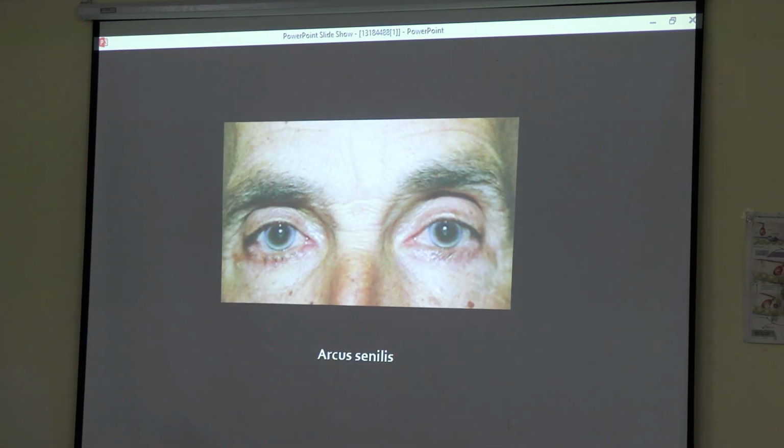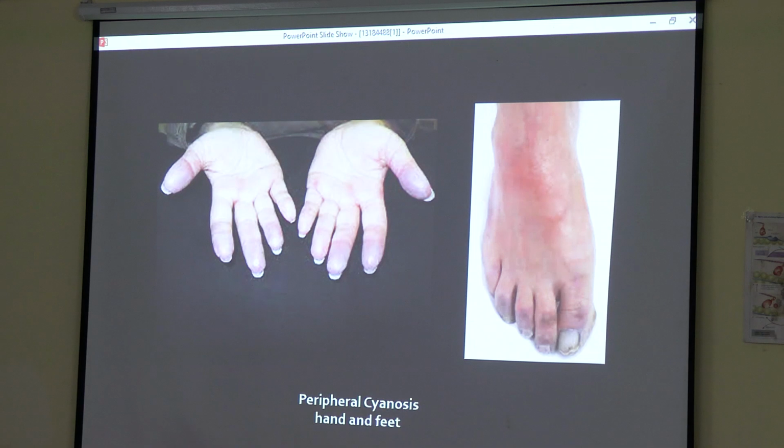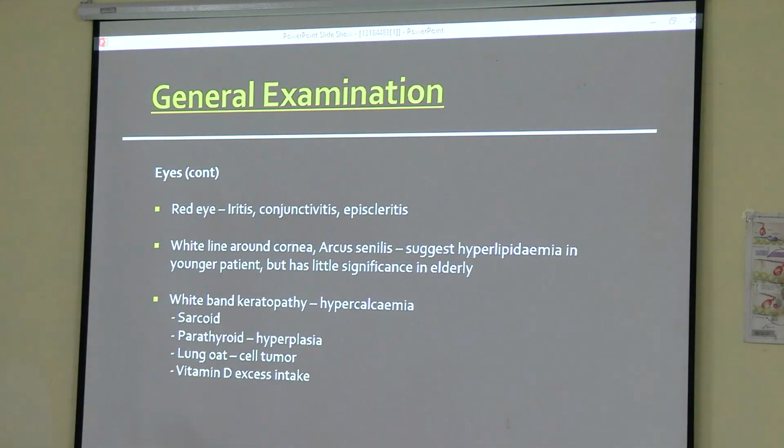And in this patient, this is known as arcus senilis. So there is a whitish ring on the cornea. So this is due to deposition of cholesterol. Okay. In hypercholesterolemia, we will get this ring. It's hyperlipidemia,